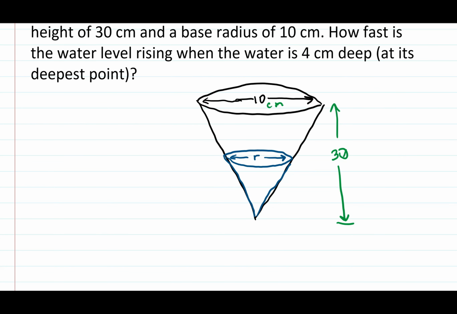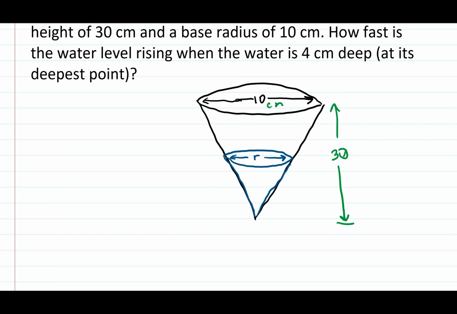So the water forms a conical shape within the big cone. Its height, base radius, and volume are all increasing as the water is poured into the container. So this means that we actually have three things varying with time: the water level H, the height of the cone of the water; the radius R of the circular top surface of the water, the base radius of the cone of the water; and the volume of the water,